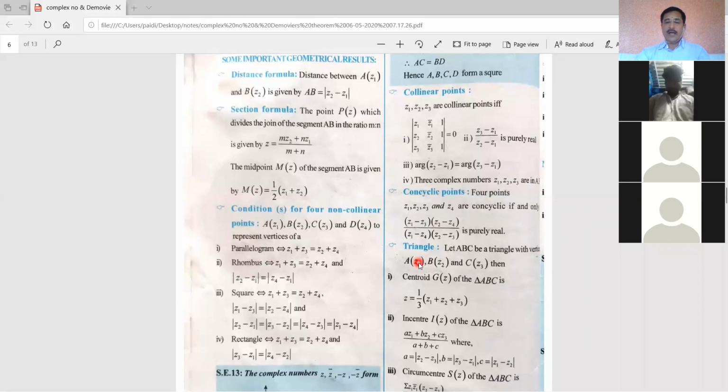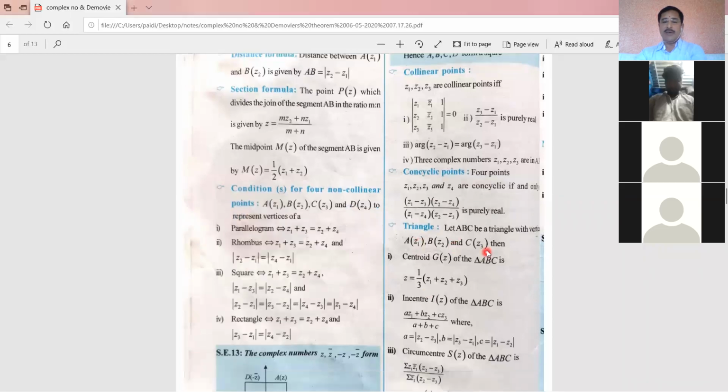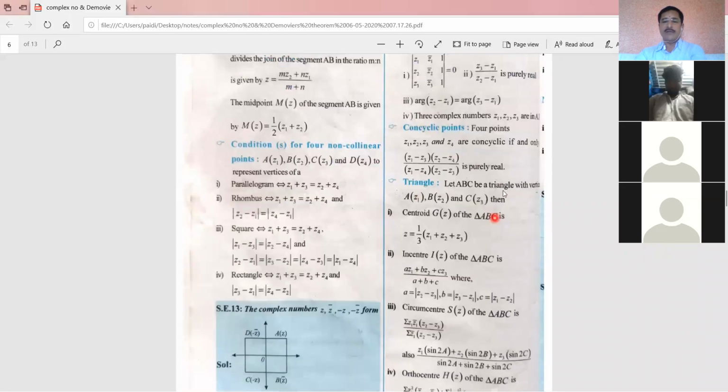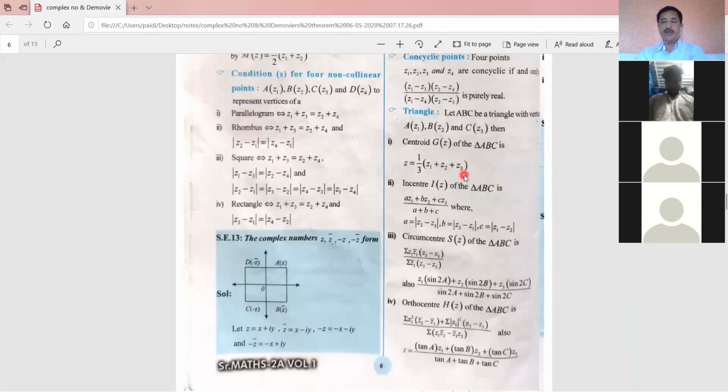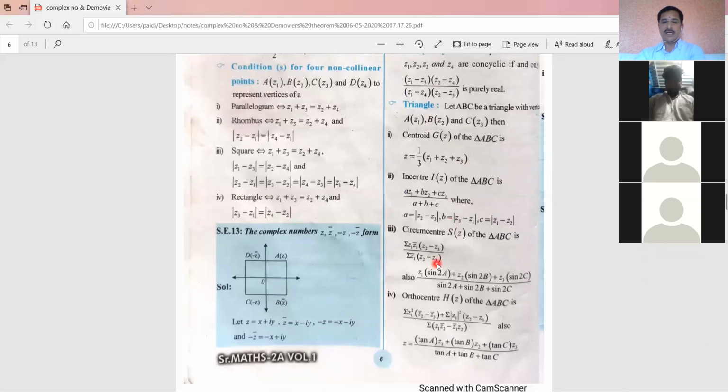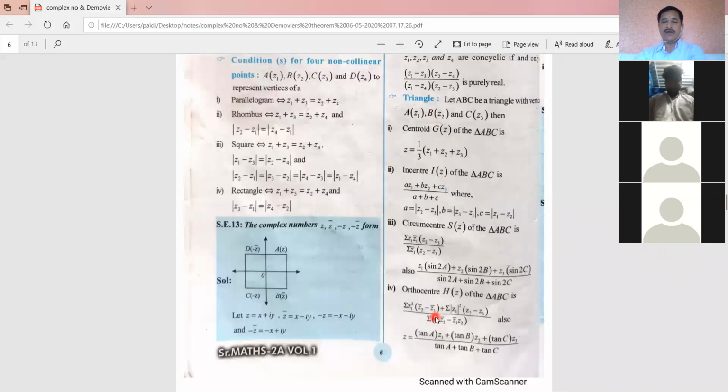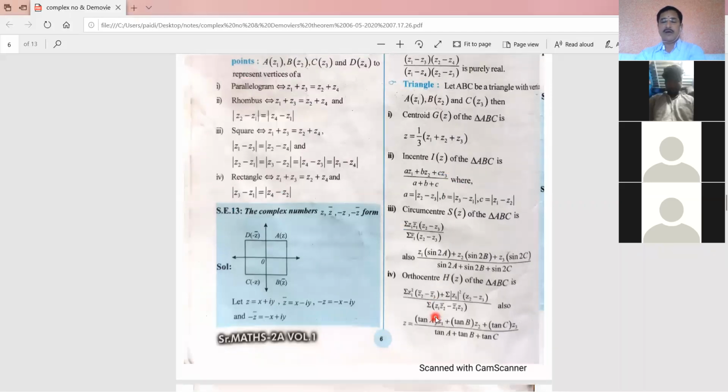Right. And the important results in a triangle. If 3 complex numbers Z1, Z2, Z3 form a triangle, then the centroid, same as in the vector algebra formula, is Z1 plus Z2 plus Z3 by 3, and this is the incenter formula, and this is the circumcenter formula, and this is the orthocenter formula. Just go through these formulas and remember them, and don't think about the proofs and derivations. Just remember these formulas to apply to the problems, right? And next,